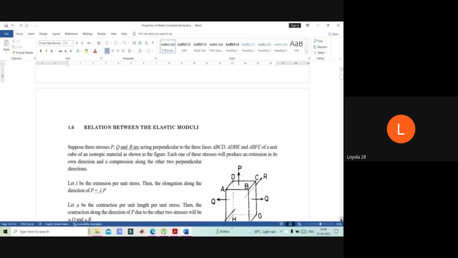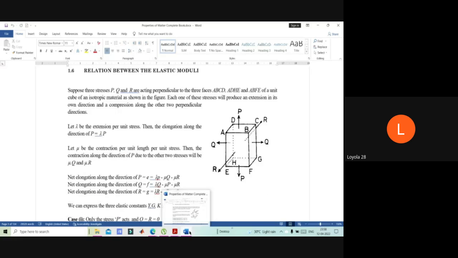Now we are coming to the important question: a relationship between the elastic modulus, Young's modulus, rigidity modulus, and bulk modulus. Suppose the three stresses P, Q, and R are acting perpendicular to three faces A, B, C, D, A, D, H, E, and A, B, F, E of a unit cube of an isotropic material as shown in the figure. Each one of these stresses will produce an extension in its own direction and compression